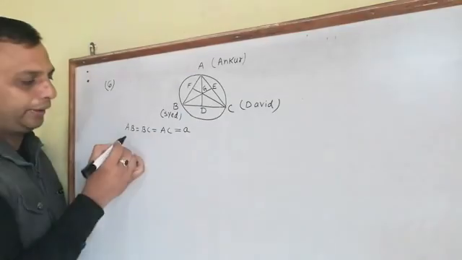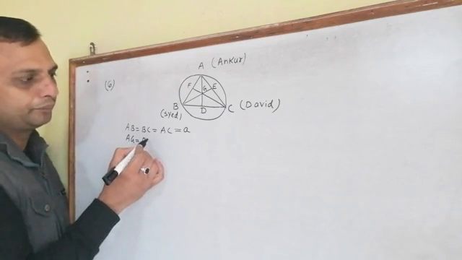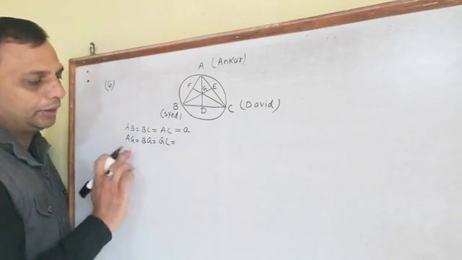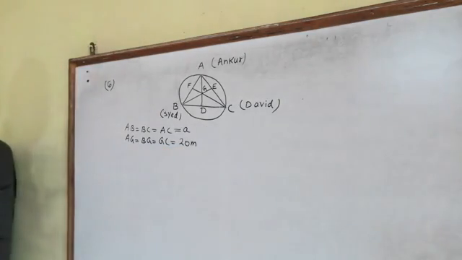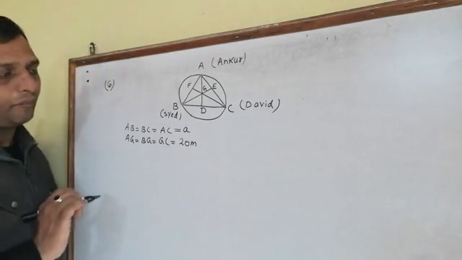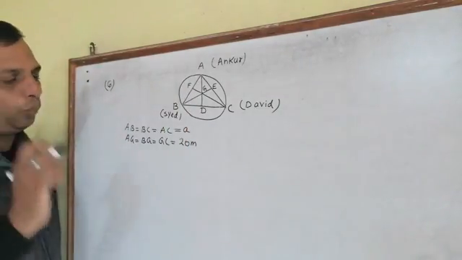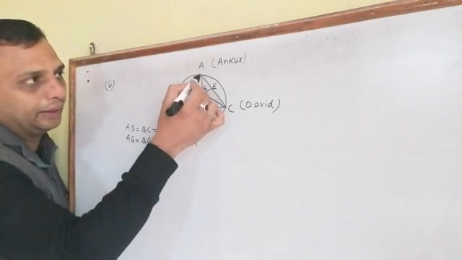And the radii AG, BG, and GC are given in the question as equal to 20 meter. And G is the center of the circle. I already told you. Now what we will do, we will do one construction here. We will draw, let